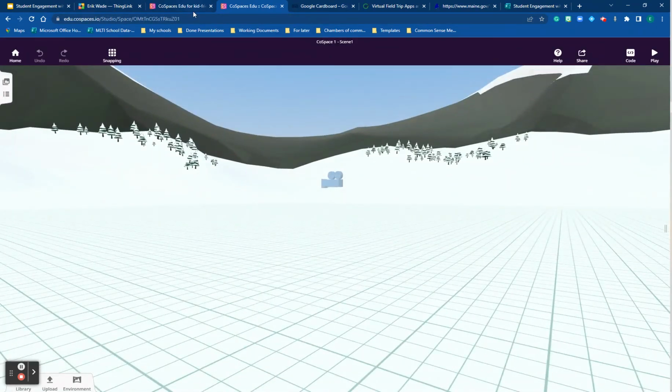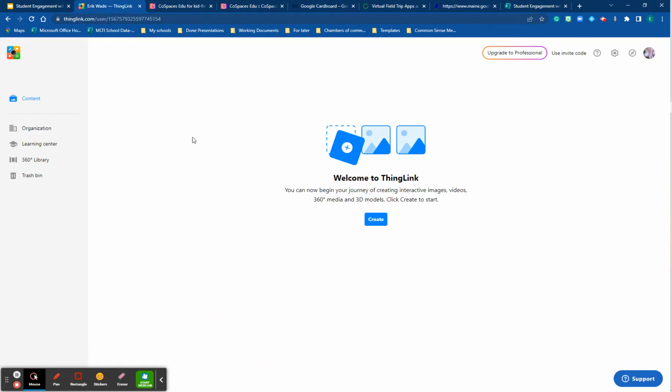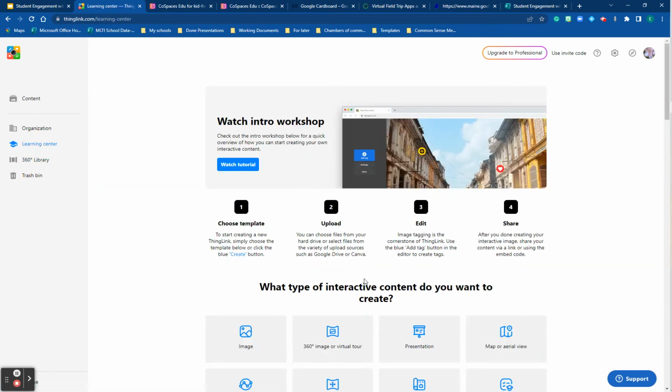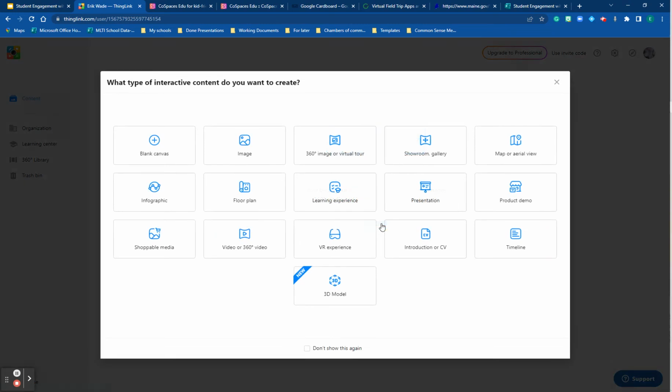Now, the other one is what's called ThingLink. ThingLink is a bit different. It comes with a library of places that are virtual reality, so you can go into any of these and see what they look like in the VR world. They're not interactive, they're just images of what it looks like. There's a learning center here where you can learn about the different pieces. But if you wanted to build content, you want to create,